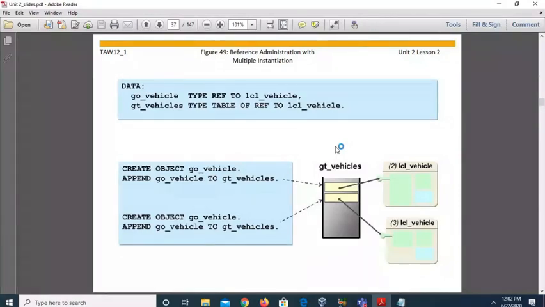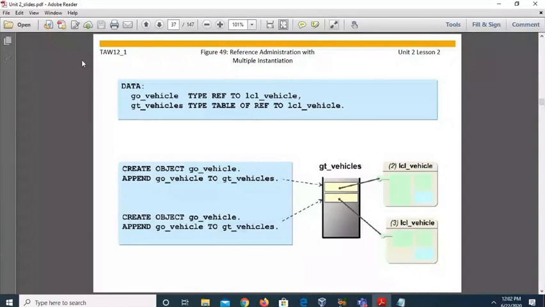Again, you can see we are first creating the reference variable go_vehicle, type ref to class name. If you want to create a table of objects, how can we create it? GT_vehicle, that is the name, then type table of, and refer to the same class name.